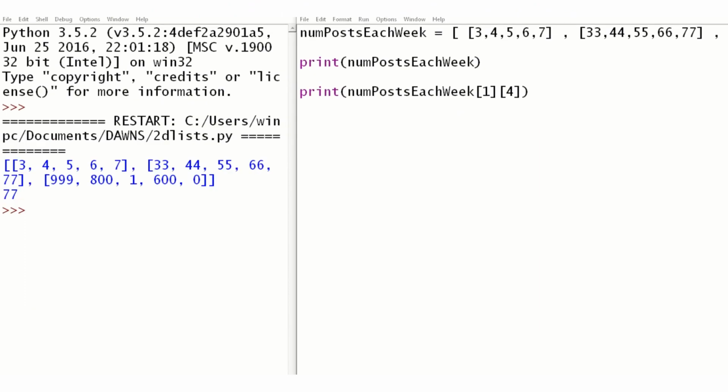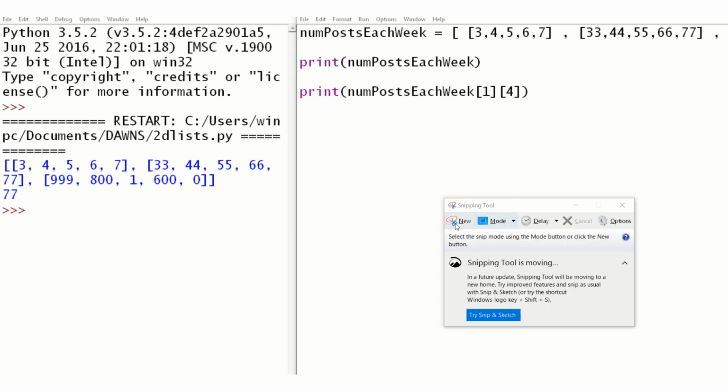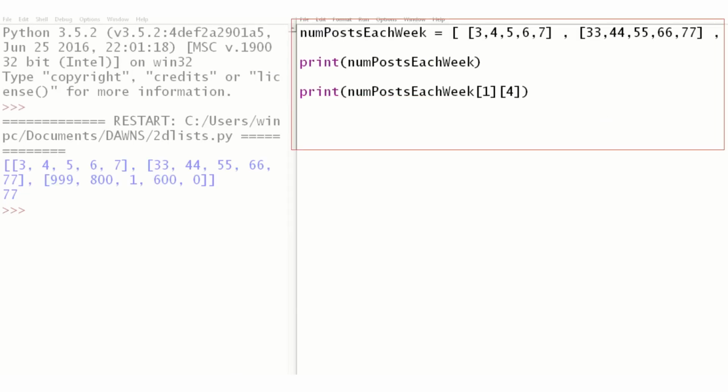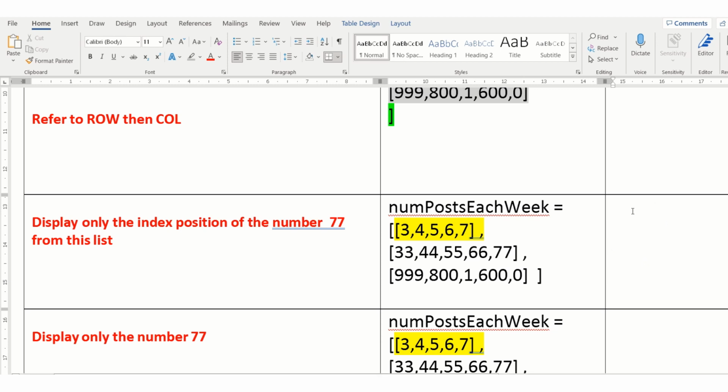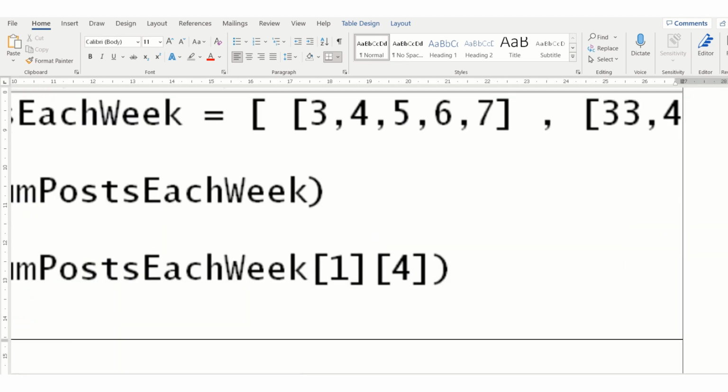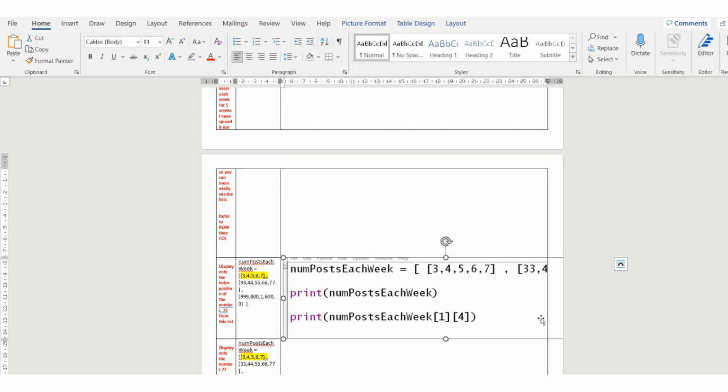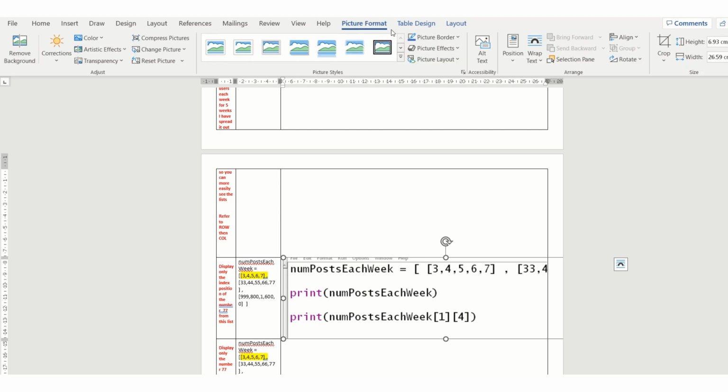In your notes I want you to make 2 snips. I want you to snip the code, so get your snipping tool, click new and then snip this bit here. It doesn't matter if you don't get the whole list in because it's quite big, but what you do need to have in is this bit here so that you can see how you wrote that. And then I'm expecting you to paste this into your notes here, and remember it might make it absolutely huge, and all you need to do is just make that smaller. If you click on picture format and then just change the width to 10 or something like that,